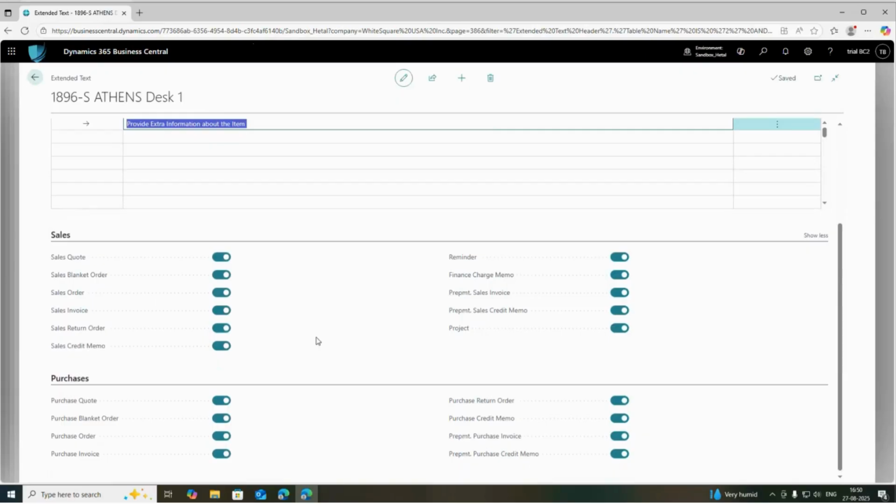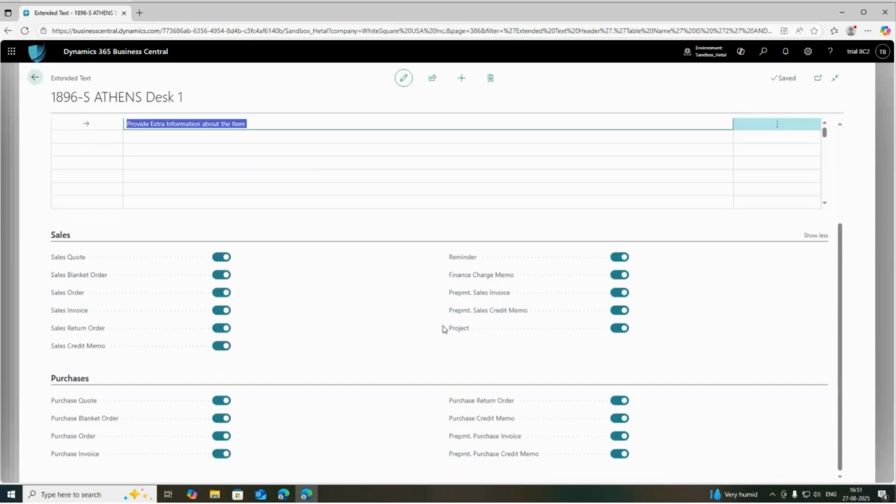Now in the sales fast tab, select the relevant checkbox for the document type where the user wants the extended text printed. I have already enabled this boolean for project because I want this extended text to show on project planning lines. So that's it to set up an extended text.